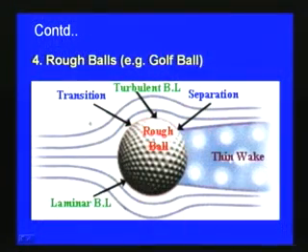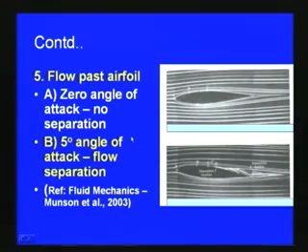That is why I mentioned that we have to see not only the flow properties and the fluid properties, but, depending upon the case, whether the surface is smooth or rough, the boundary layer characteristics will be different, and the separation starts earlier or later, and the wake formation can also be thin or thick depending upon the case. So, this is the fourth case, the flow over a rough ball and the separation with respect to the rough ball. And then the fifth case is the flow past an airfoil.